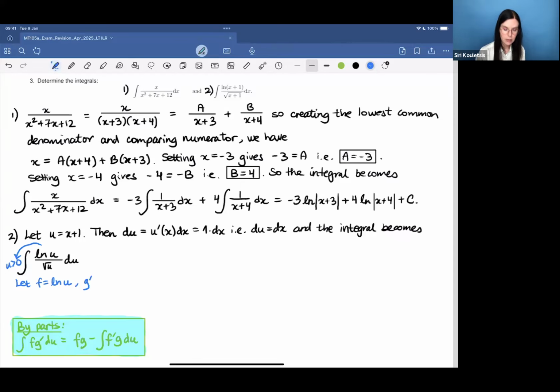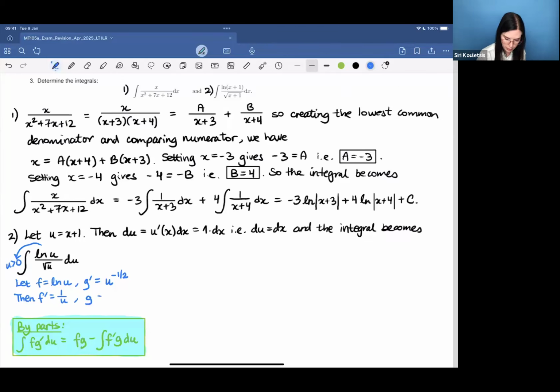Then necessarily g prime is going to be 1 over root u. And now, because we are going to have to integrate 1 over root u in order to find the function g, I would like to write this as u to the power of minus a half. Right? 1 over u to the power of a half is the same as u to the power of minus 1/2. And that will help us when we integrate. So with this selection then, f prime is 1 over u,